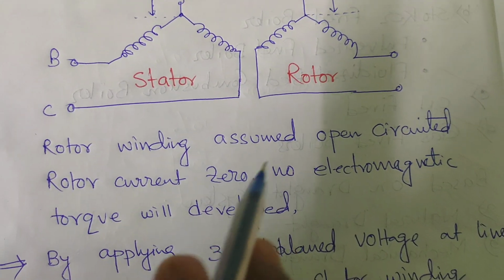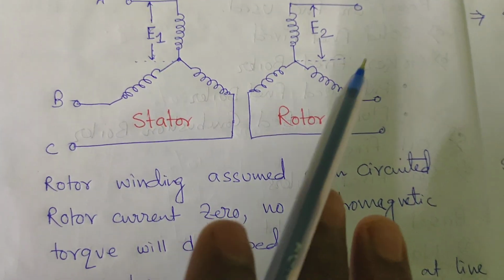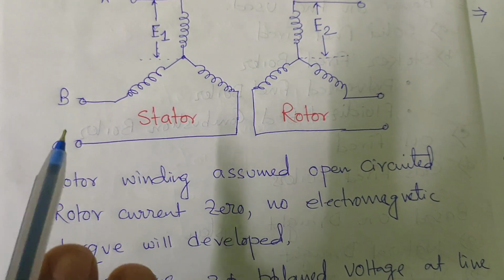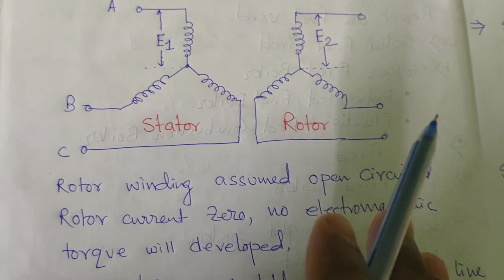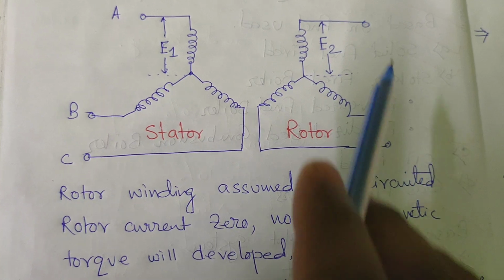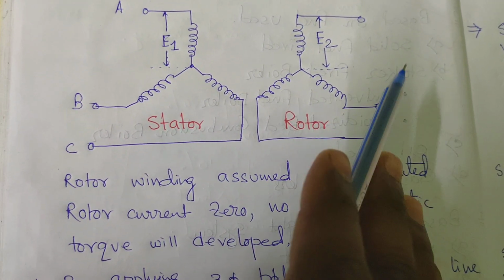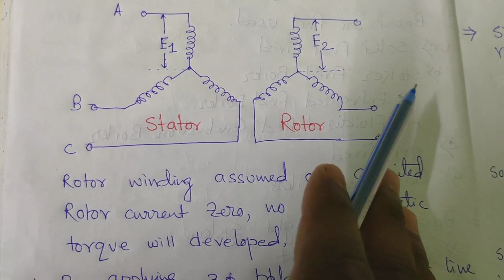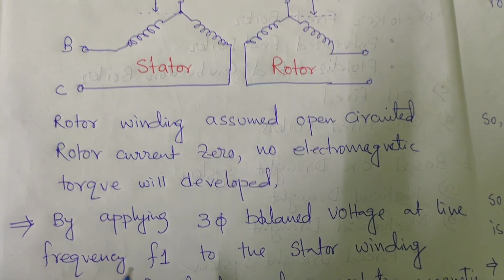The rotor winding is assumed open circuited. Rotor current is zero, so no electromagnetic torque will be developed. Because the rotor is open circuited, no current will flow in the rotor circuit and no electromagnetic torque will be developed. By applying the three-phase balanced voltage